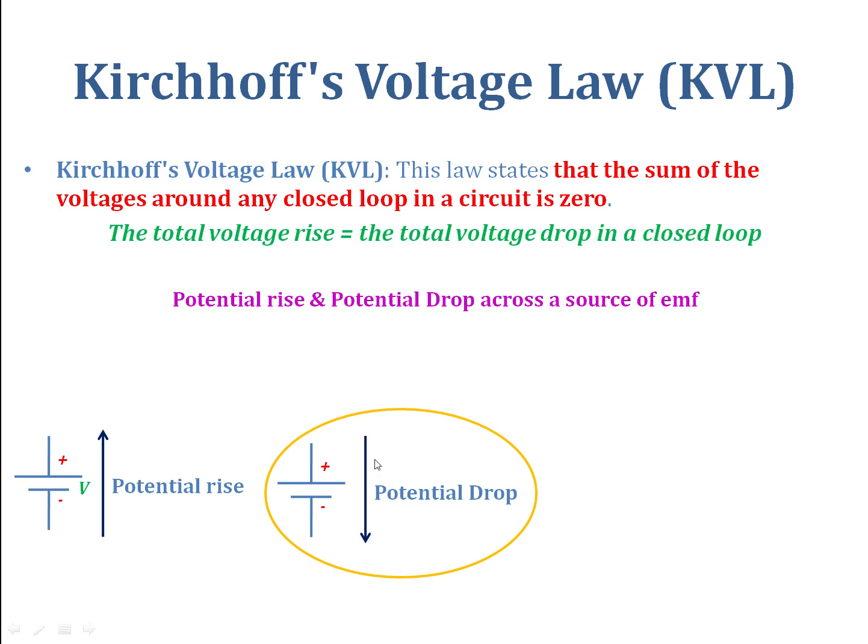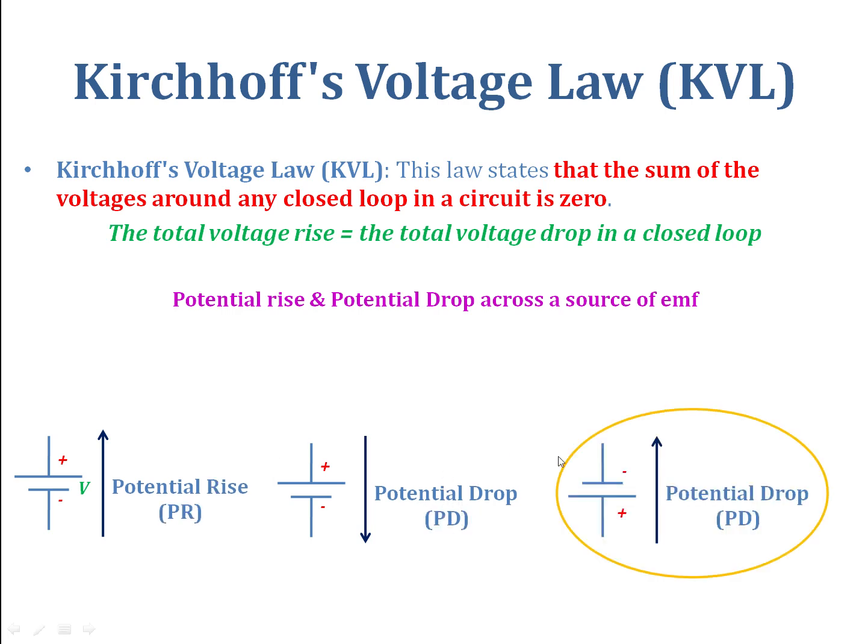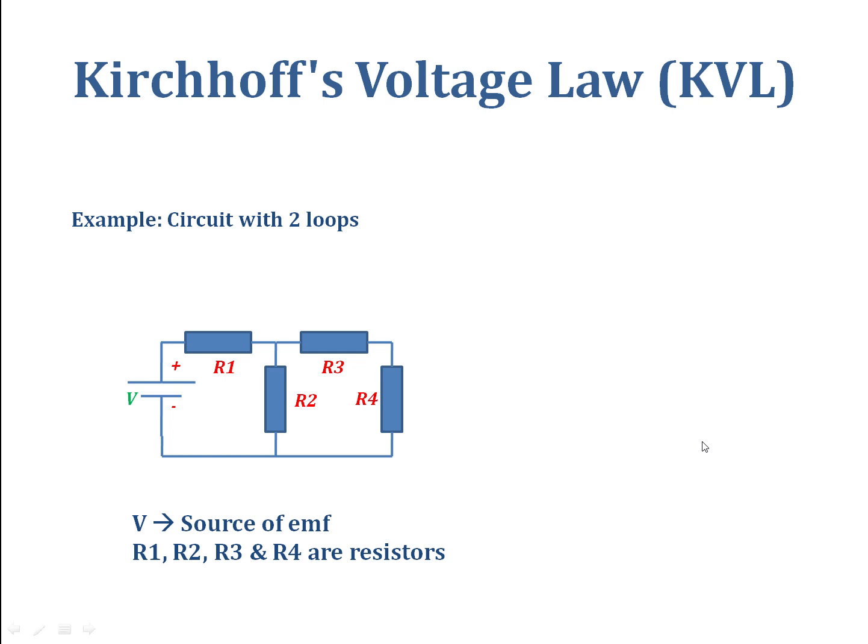On the other hand, if the direction of traverse is from positive marked terminal towards negative marked terminal, then the potential is considered to be a potential drop. So here the traverse is from positive marked terminal towards negative marked terminal, and hence this EMF will be a potential drop. So having known these basics, let us go and apply Kirchhoff's voltage law to